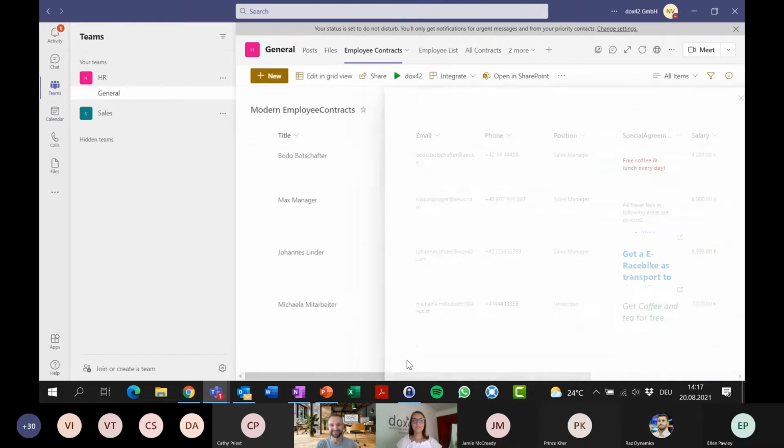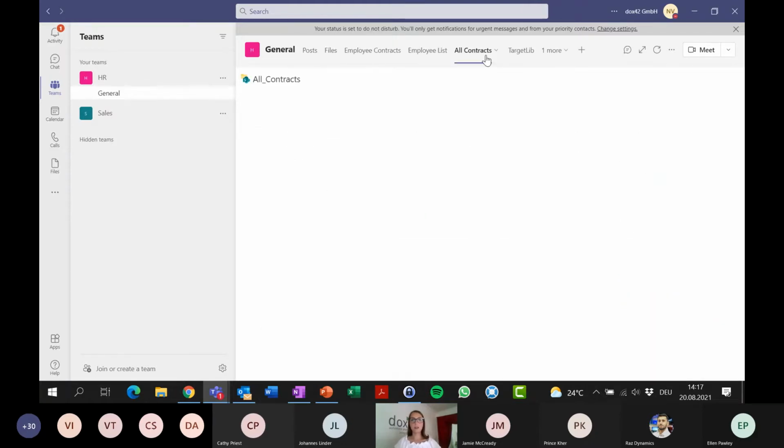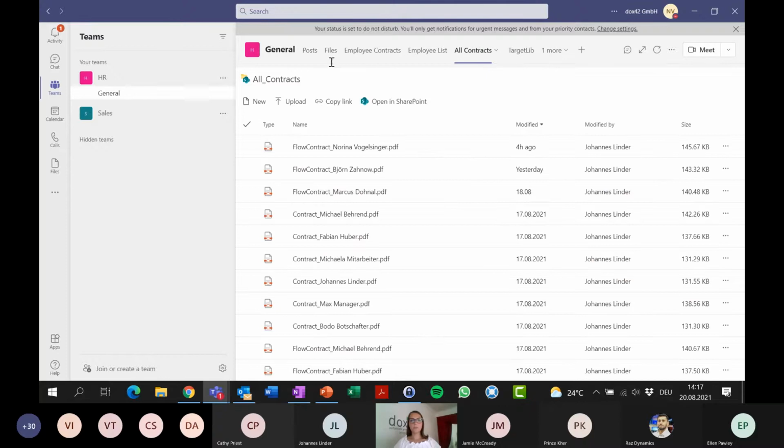So when I save this here, I have Johannes in the list now. And what happened in the background is that a flow was triggered and Johannes' contract was already generated for us automatically. So we can look here in our contract library and we will see, and it's refreshed.